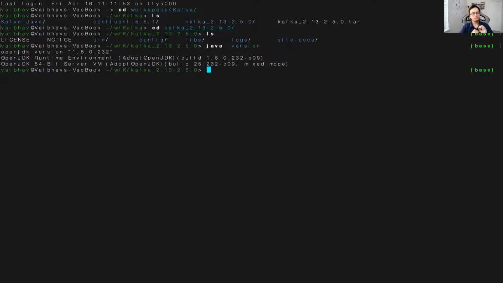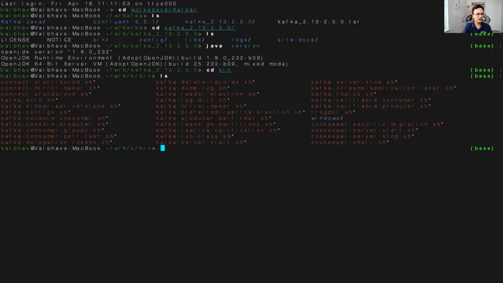Now, before starting the Kafka server, we know that Kafka has two components, so before we start the Kafka server, producers or consumers, we have to start the Zookeeper. And to start that, if I go into my bin folder, I can see all my commands, and I can see zookeeper-server-start, zookeeper-server-stop, etc.